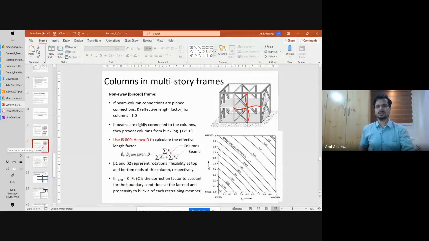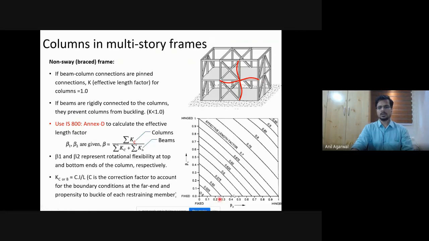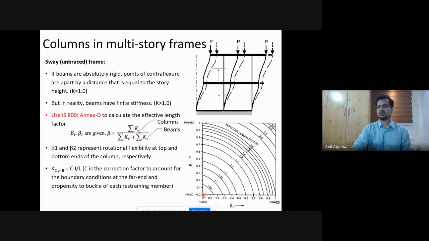So for sway frames there is an approach, and this is for braced frames. If you look at these values in this chart, the values vary from 0.5 here in this corner. Yeah, so the minimum value is 0.5 and the maximum value is 0.95 marked here. So 1 exactly here for a braced frame. But for a sway frame, it is 1.05 here. So the one before that will be 1, which is not marked, which is obvious.